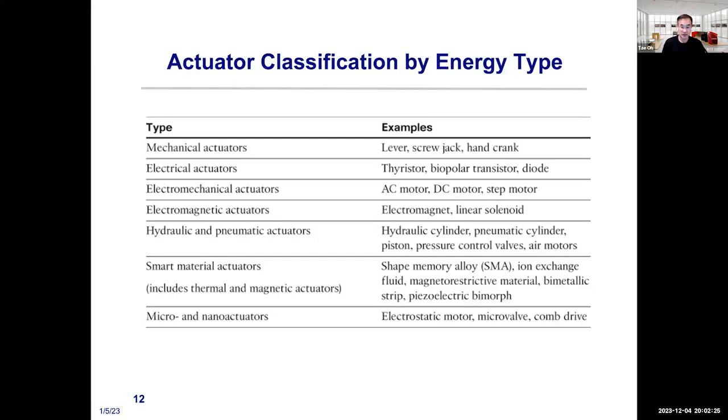So actuators are actually classified by energy type. There's mechanical, electrical actuators like resistors and bipolar transistors, mechanical, electromagnetic. There's hydraulic, right? Hydraulic actuators. There's a smart material actuator, basically a memory alloy or ion exchanger fluid, bimetallic strips,